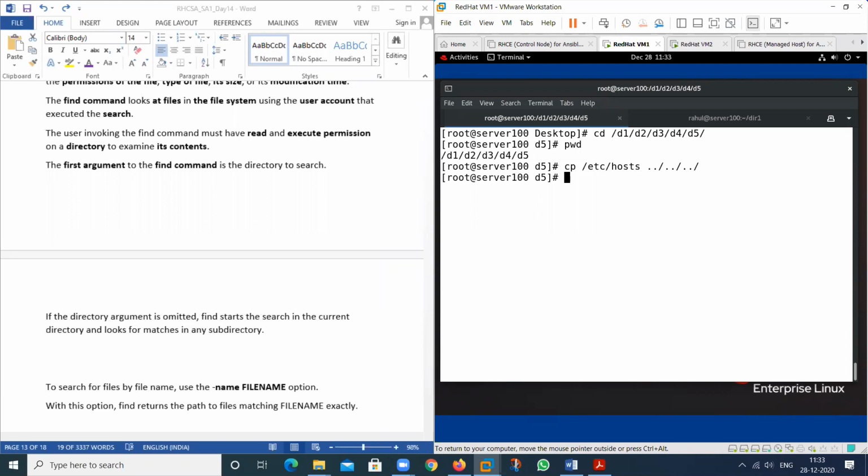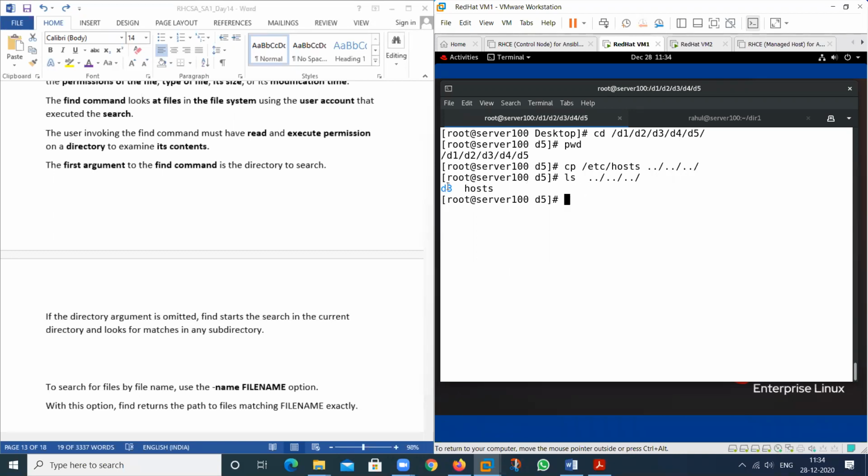So now you have understood what is the meaning of single dot. It indicates the present, and what is the meaning of double dot? It indicates the parent. It means this is the child and this is the parent of D5. D3 is the parent of D4, and D2 is the parent of D3. So this whole concept denotes the directory and subdirectory concept. So this is used to exit also, and this is also used to move to the parent folder, parent directory. So this is the concept about single dot, and if you want to list whether this was copied or not, you can see here.